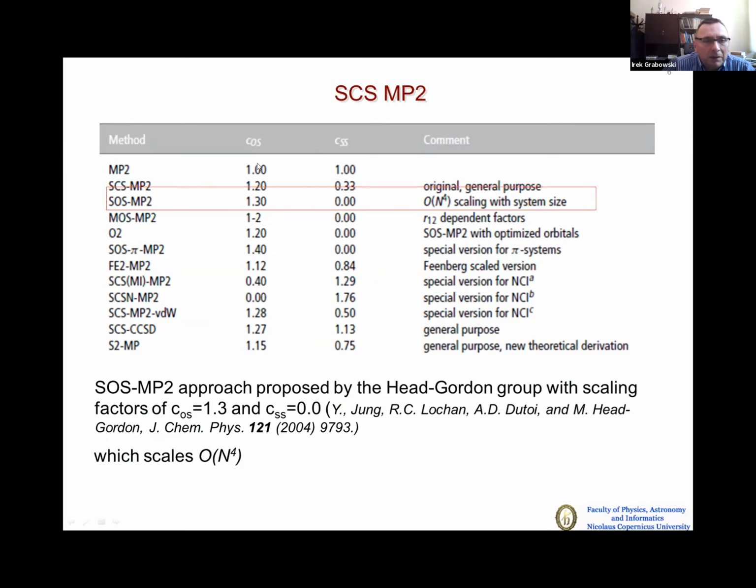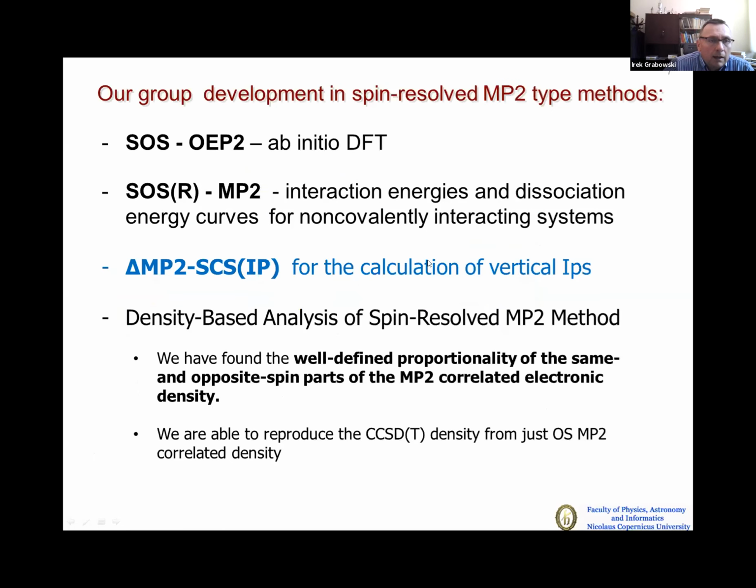standard spin component scaled MP2, and the original one is here. The second one is also very interesting because Head-Gordon proposed a method where he scales only the opposite-spin part of the MP2 energy. This is important because in that case, the cost of calculating this SOS-MP2 scales like n to the fourth. So we have worked with these spin-resolved MP2-type methods for already 7 or 8 years, and we use them